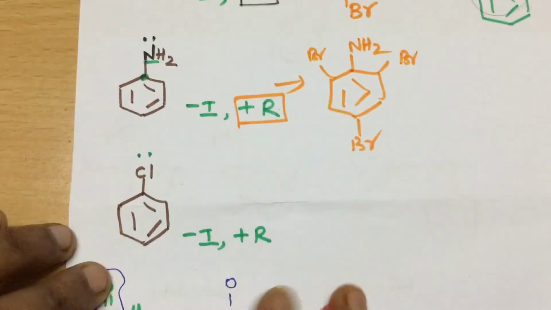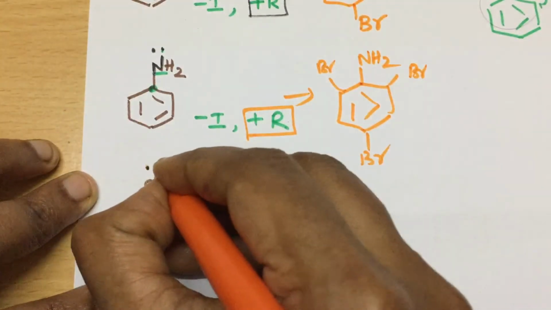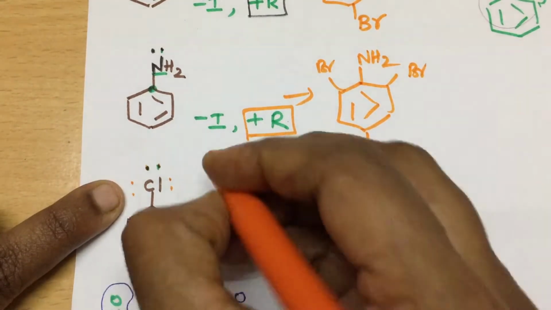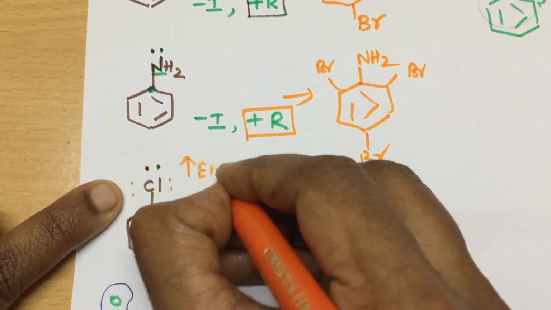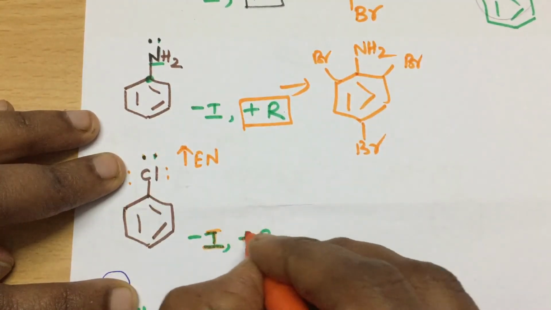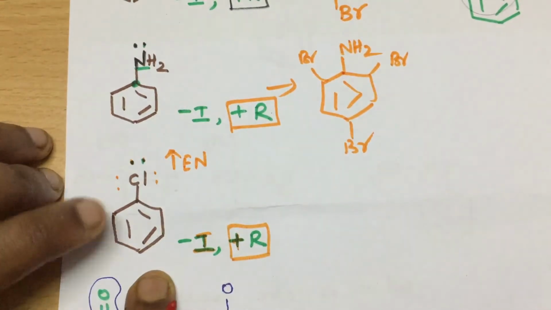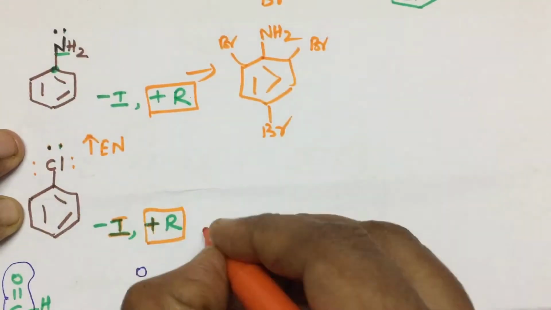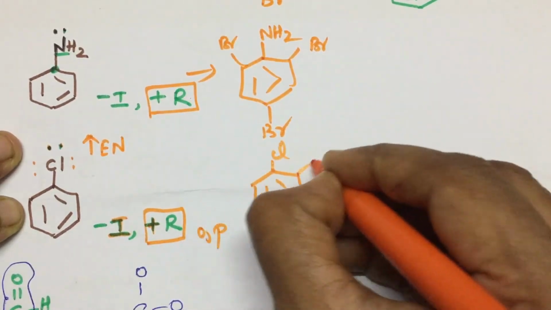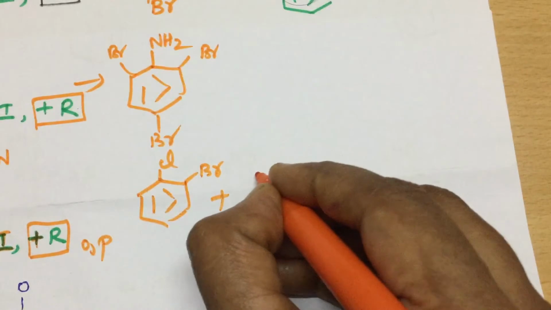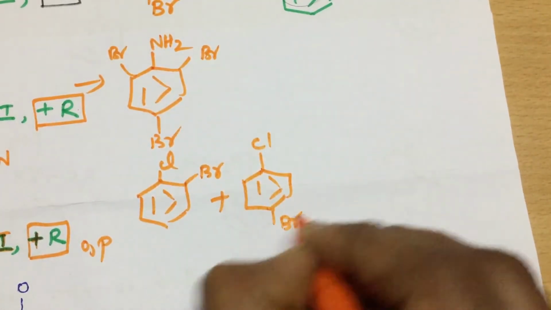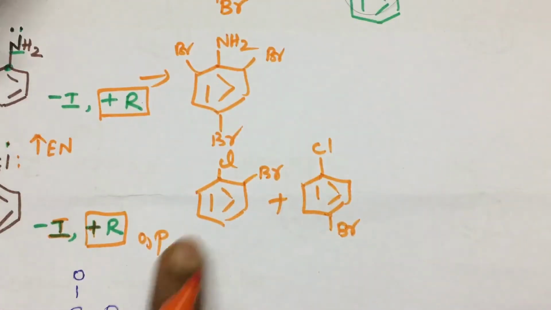Here, chlorine, it is a peculiar thing. He has 3 lone pairs, but he doesn't have the tendency to give because of the greater electronegativity. He will not lose electrons. But still the plus R is going to dominate. It is less reactive than benzene, but it is an ortho para directing group. You will get a smaller amount of it. You will get bromo, either this plus this, not the tribromo. Ortho and para, you will get both.